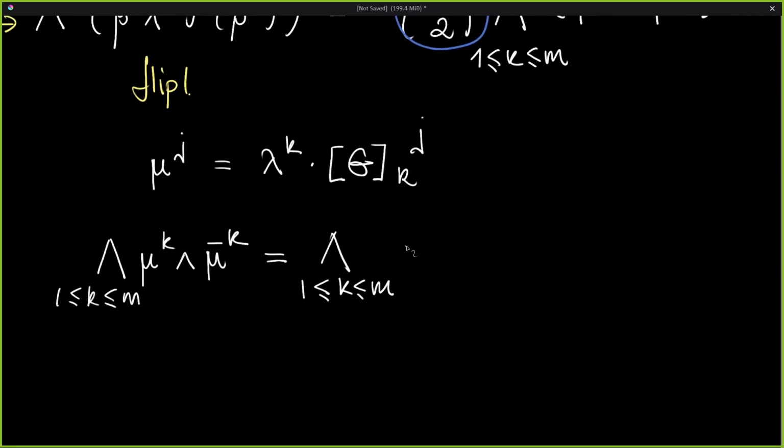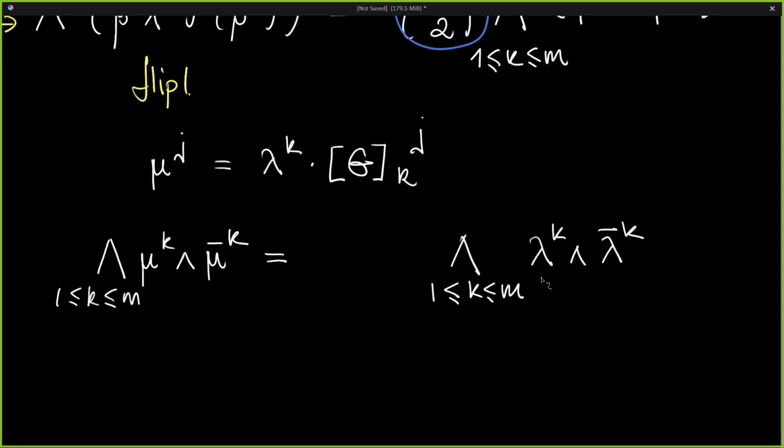So lambda_k wedge lambda bar_k, but there is an extra factor of det g times det g bar. We get a det g because of these, and we get a det g bar because